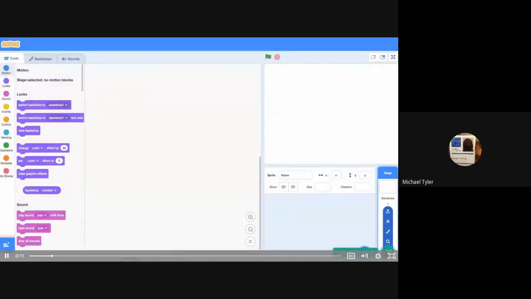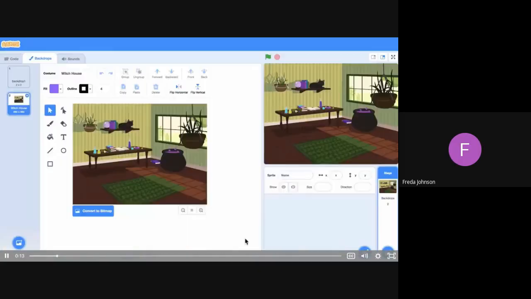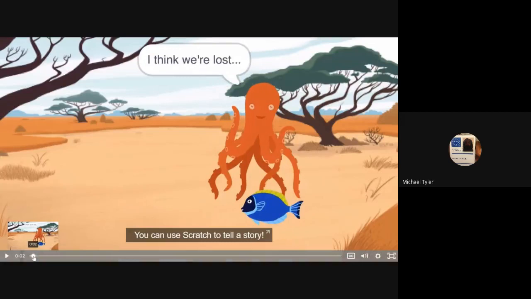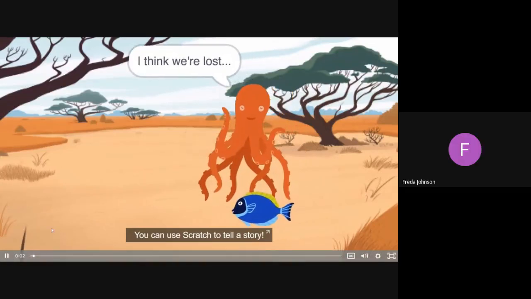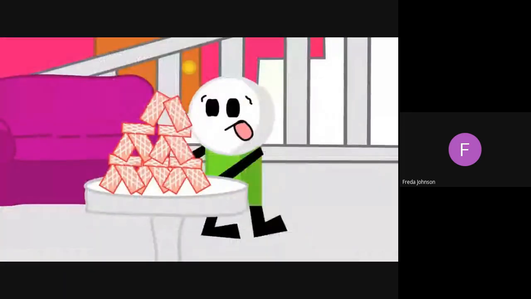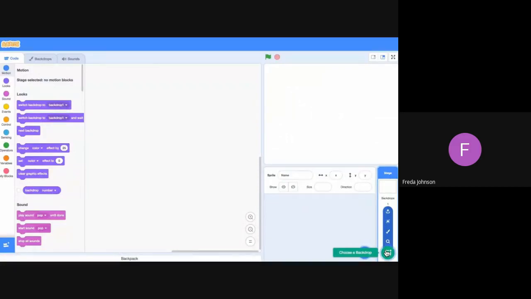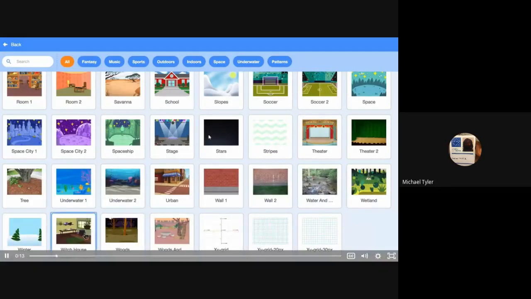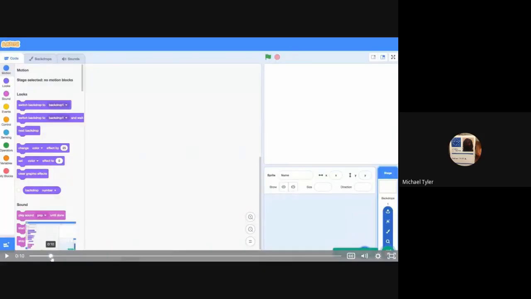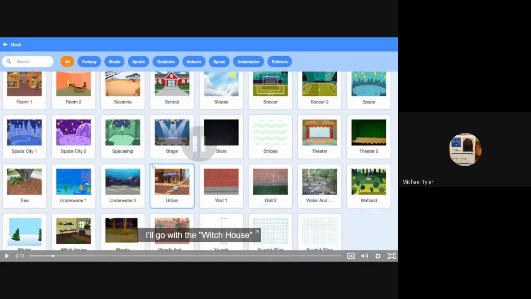Can you see what they're saying at the bottom of the screen? Yeah, I see. You want me to start it on here? Yeah, I can start over. Okay. So they chose a backdrop. Did you see how they did that? I want you to do that too. Are you there? Yeah, pick a background. Okay, come back, because that's where it was over here by the stage. Choose a background, and then that's the next scene she's showing you, which is here.